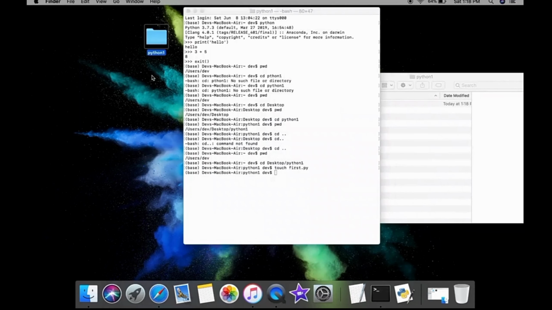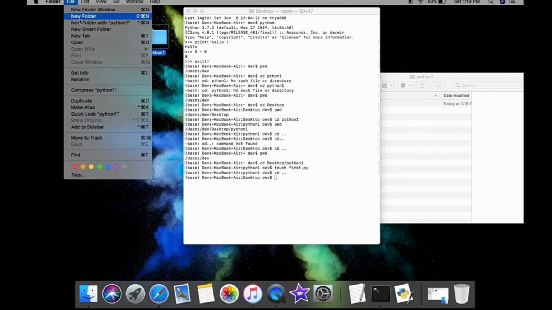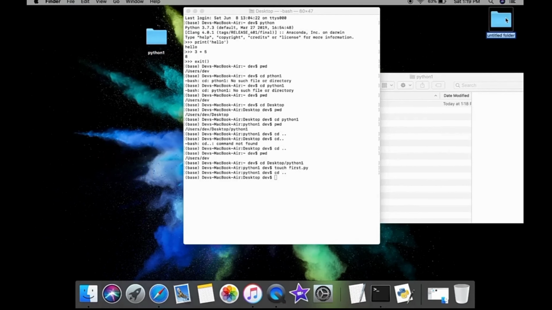And now one more thing. If I get on the desktop and I want to know how many things are there so that I can choose the proper path for my file, like if I have another folder here, an untitled folder, and I want to know how many folders are there on the desktop, come here.